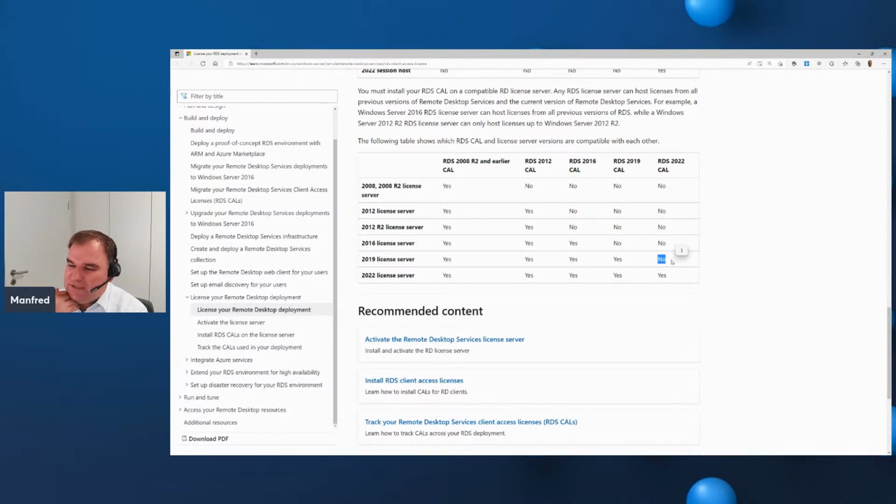There it is important to understand that there's a service that's called the clearinghouse service. When you enter the RDS CALs in your RDS licensing server, you are asked if you want to call the clearinghouse service. If you have this situation here, then you should call the clearinghouse service. There you can provide your RDS 2022 license key, and you can downgrade to, for example, 2019 or 2016 or 2012 R2 to use this newer license key with a previous RDS licensing server.